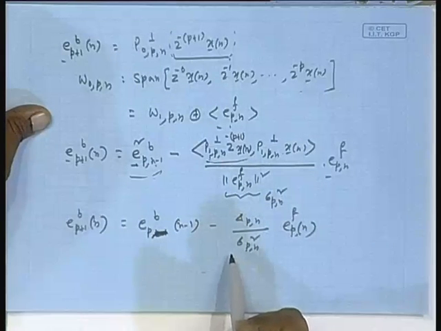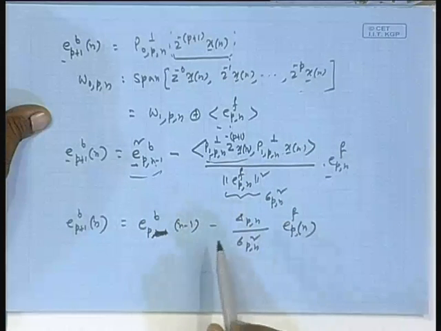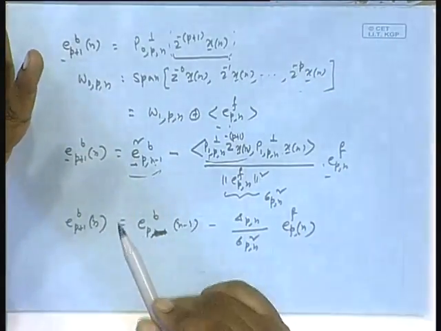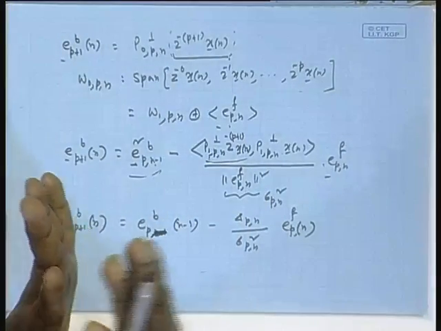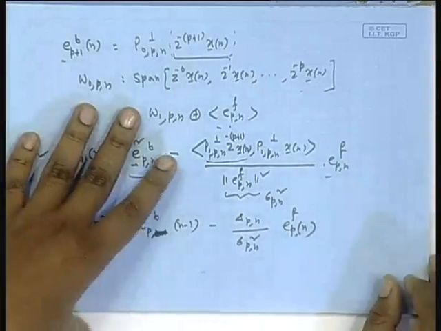I told you, because of the data structure here, this error vector will always be non-zero. You remember the data structure showed x 0, x 1 up to x n is the x n, then Z inverse x n, Z inverse 2 x n and all that. When you project x n on the space spanned by those delayed vectors, x n is never contained in that space. So, the error vector will always have non-zero norm square. The problem was coming in the backward projection case, where the division by 0 was coming up. These are the two things.